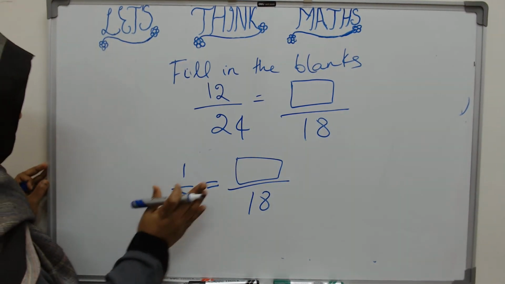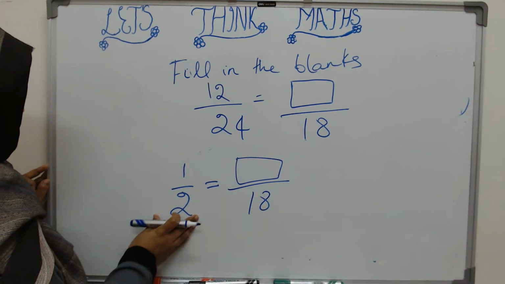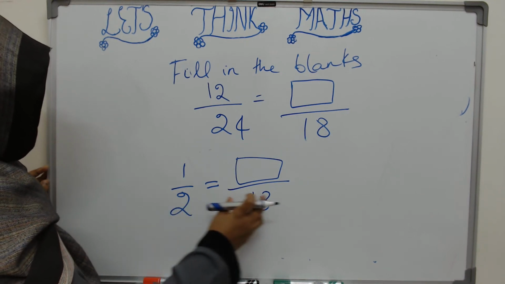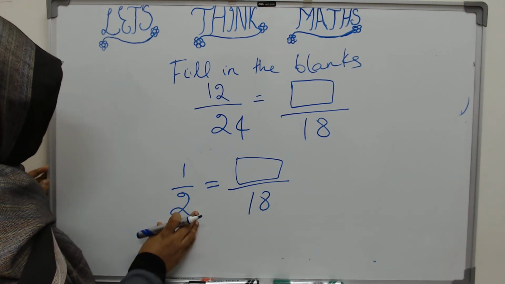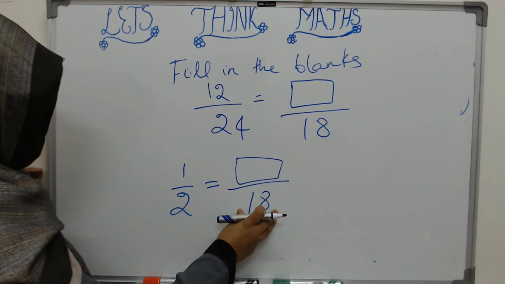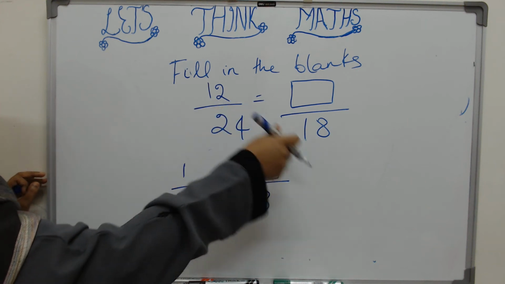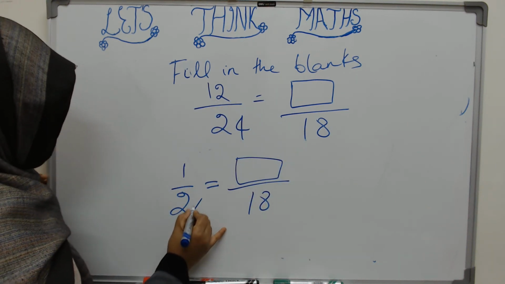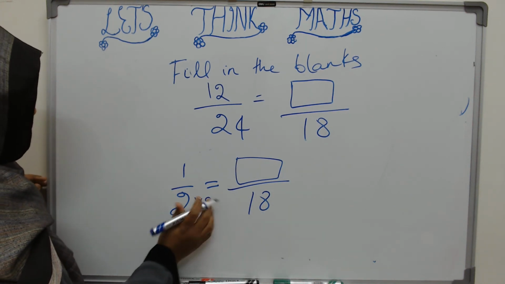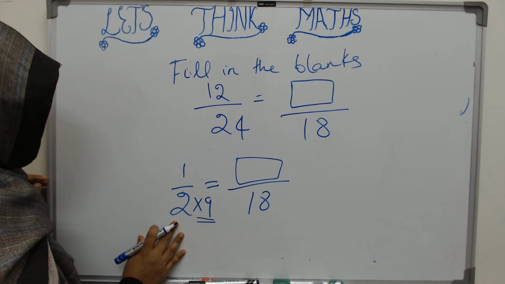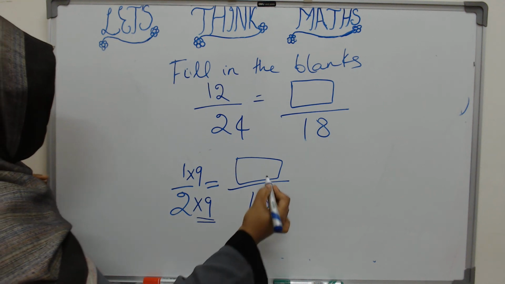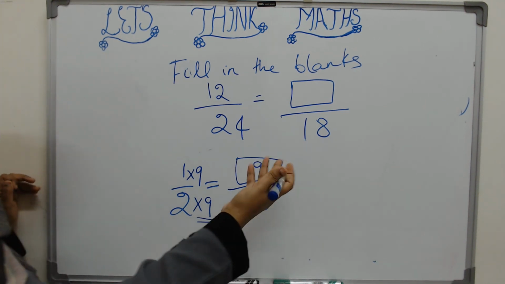So how do you get 18 from 2? Do you divide 2 or you multiply 2? From 2 you have got a bigger number. So what have you done? When you divide, the number gets smaller. But how will you get 18 from 2? Obviously you have multiplied it with something. What something will that be? 9. 2 into 9 is 18. So if we multiply the denominator by something, we have to multiply the numerator also by the same number. So 9 is the answer you are looking for.